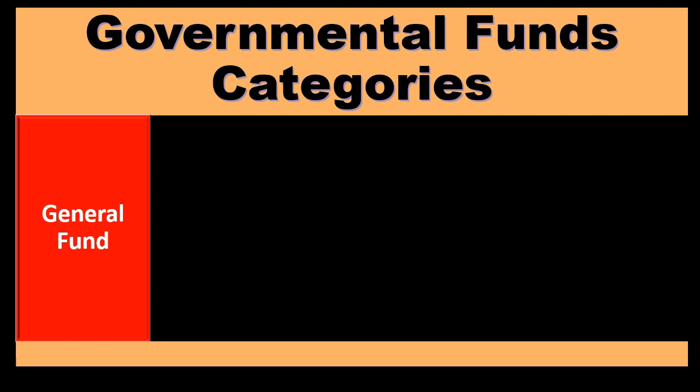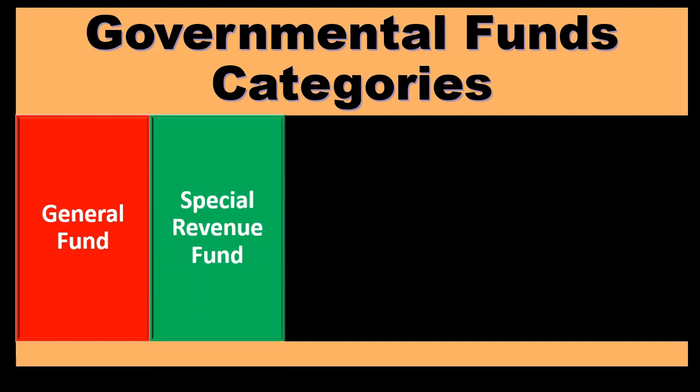It's going to be like the most important fund, of course, for that reason. Other funds, we might have multiple different funds depending on the needs of the government. So we may have none of them. We may have multiple funds in some of these other categories. We'll have the special revenue fund. A special revenue fund will be set up if we have a grant or some type of gift that is given, and it's for a specific type of purpose.